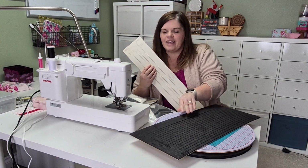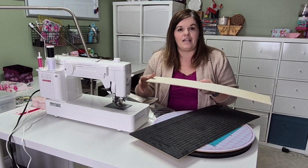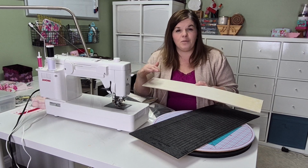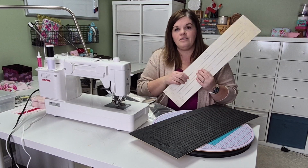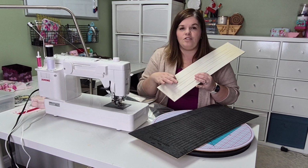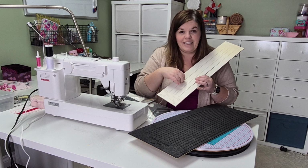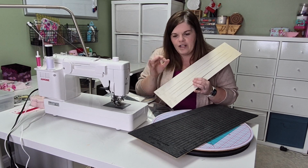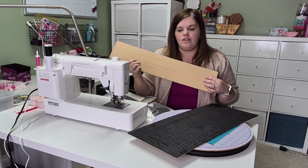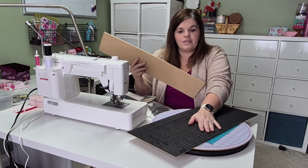These are hot ticket items. I've seen some of the rulers out there these days that have the slots in them, but apparently they allow some wiggle room for your blade, but these ones have just a slit. They're laser cut, and it fits your rotary cutter blade tightly to be able to get the most perfect, consistent strips of fabric. So if you're making your bias binding, or if you're cutting jelly roll strips, or just